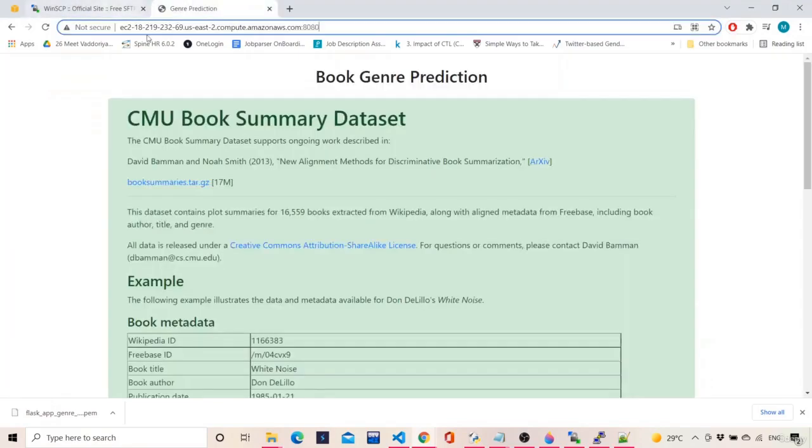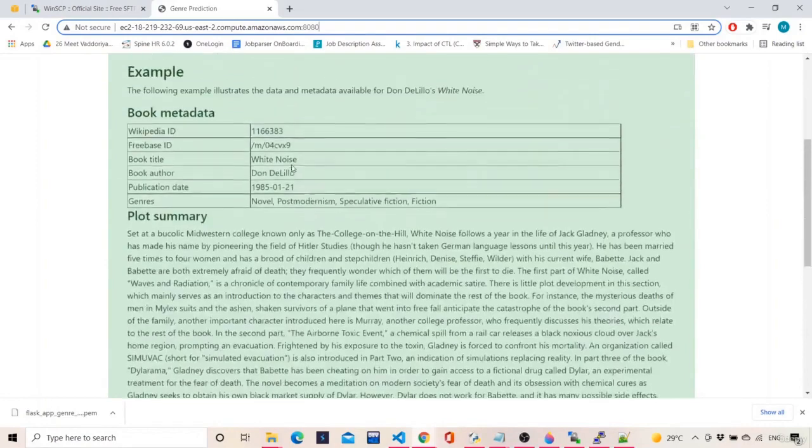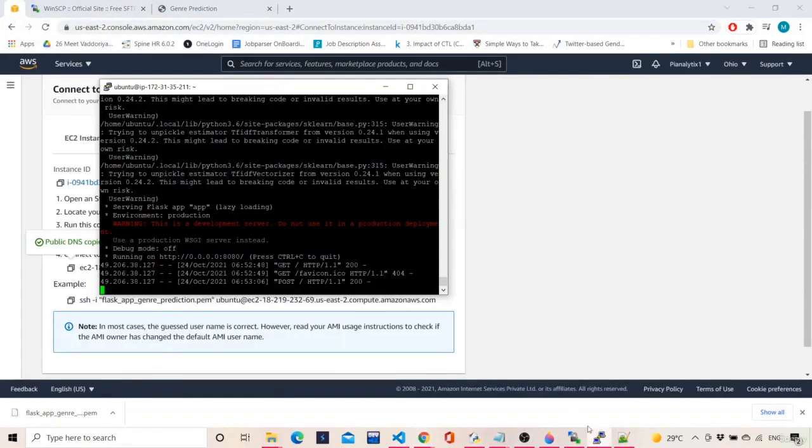So this is all about deploying our machine learning applications on an EC2 instance of AWS. You have to be sure about the commands which you give in this PuTTY console. Don't worry, I'll be giving the list of commands which you have to follow, and you can install them simultaneously.